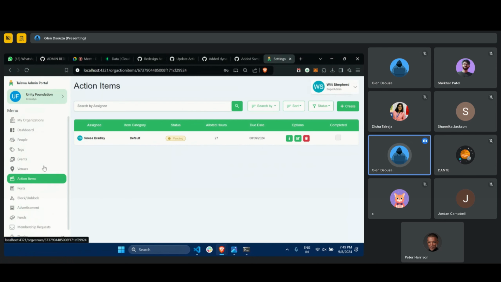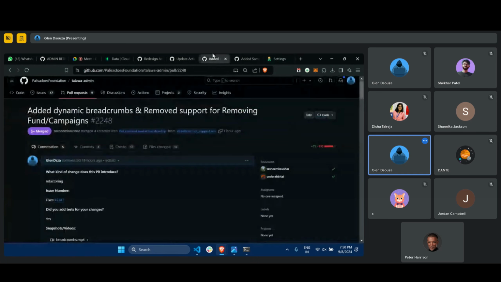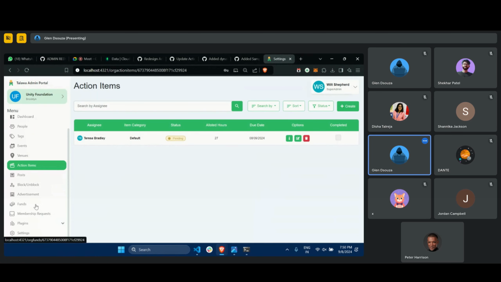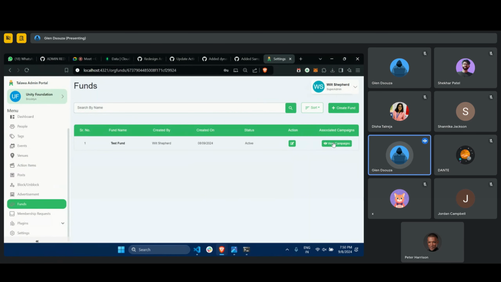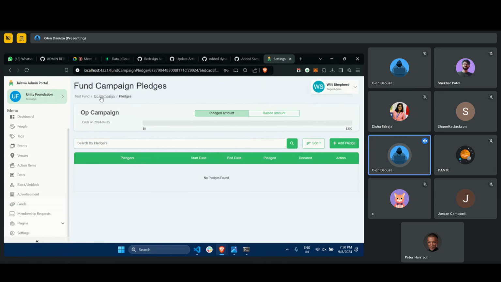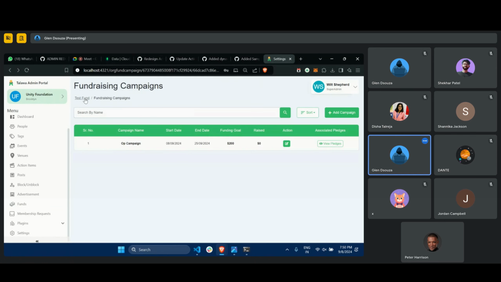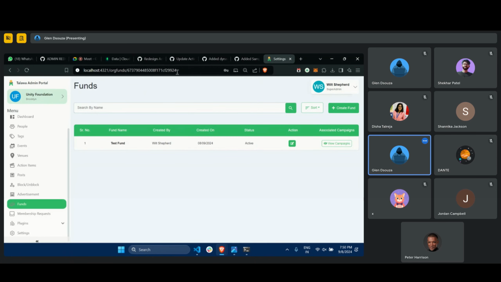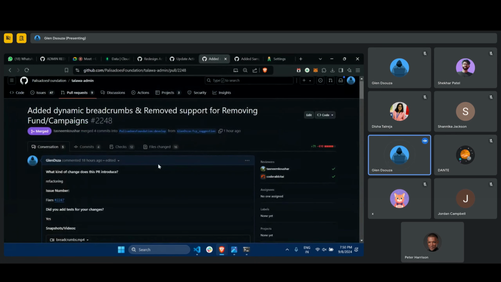And the scroll bar thing is also done. And I guess the breadcrumbs should have been dynamic, you suggested. So here it is. Let's do test one. And then we go to campaign. The breadcrumbs text is dynamic depending on the name of the campaign itself. And these are the two PRs